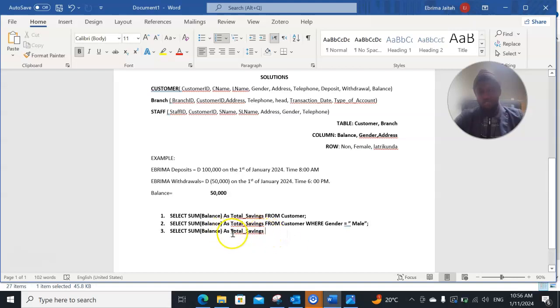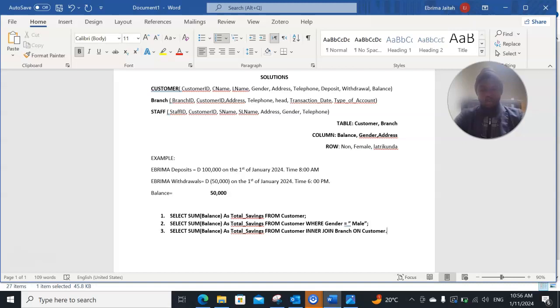So I'm going to say select sum of the balance as total savings from which table? From customer. Inner join. You can see inner join is an SQL command to join the two tables. Inner join what? Branch. Okay, inner join branch on. So on is an SQL command also. On customer